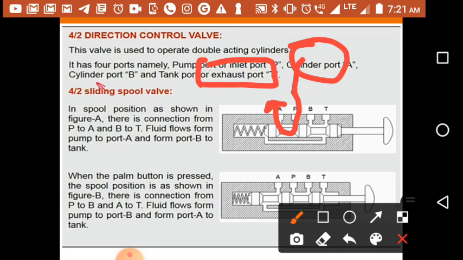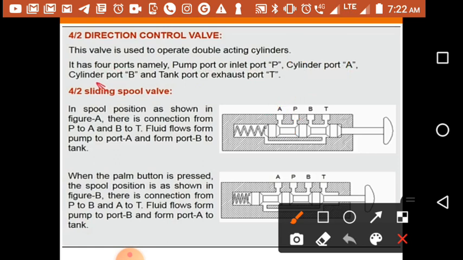And here you can see another port B, from which the oil will be flowing towards the tank T.